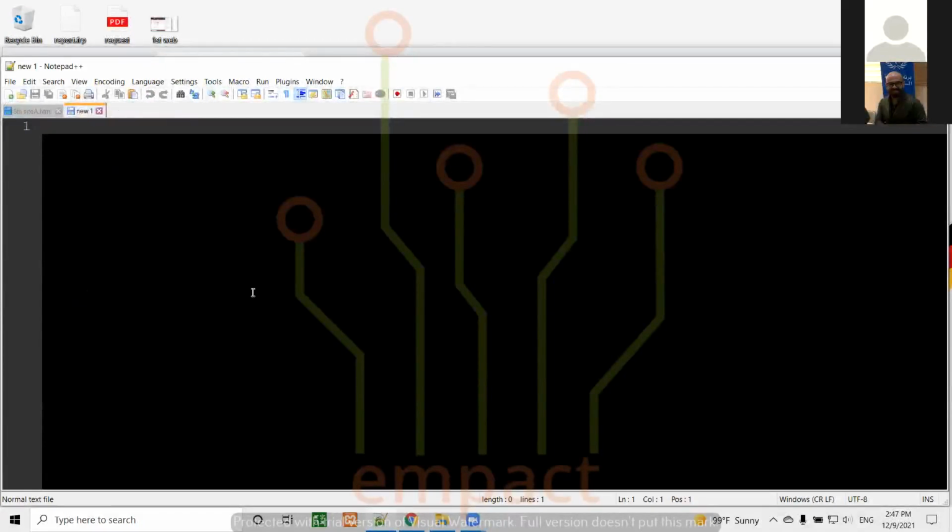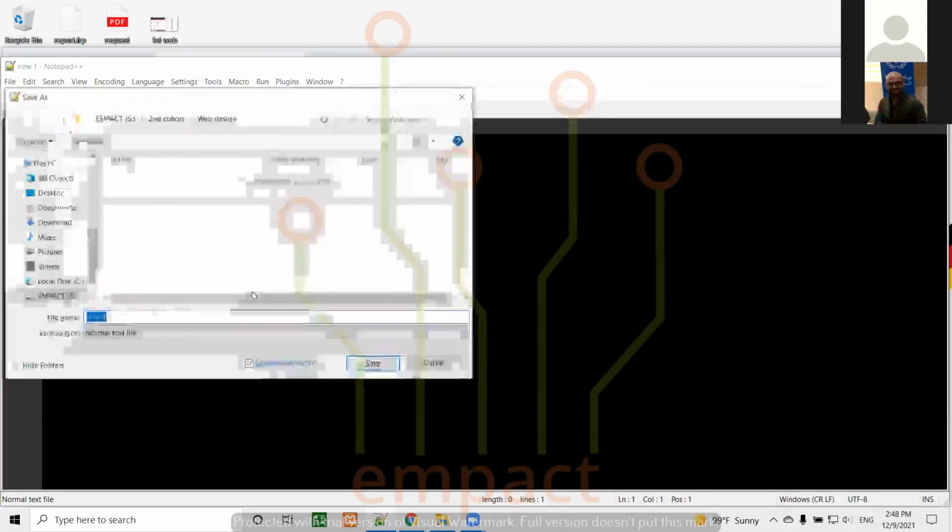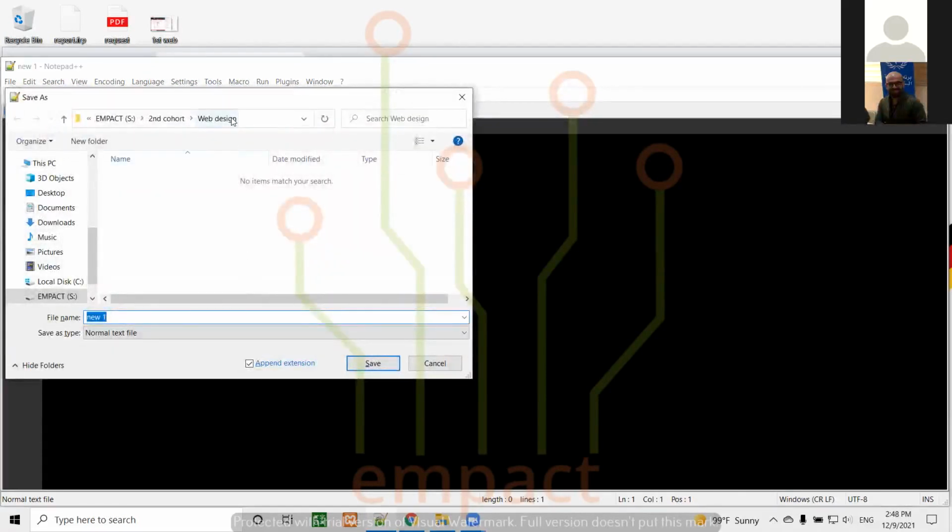This time we are saving it with Control Alt S, in the same folder where we are saving all our sites, and we name it